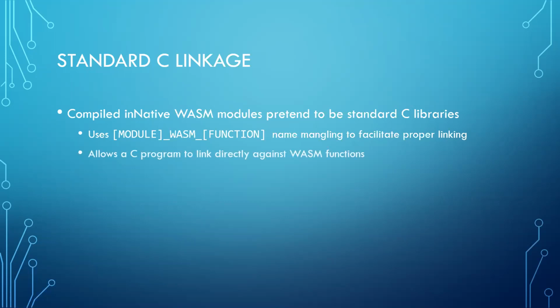And this means that any C program can directly link against WebAssembly exported functions if they know what the mangled name is. This is kind of like how C++ works. If you have a C program, you can call C++ functions if you know how the name has been mangled. And in this case, you can call the WebAssembly functions if you know their type signature and what the mangled name was that was actually exported, which is very useful because